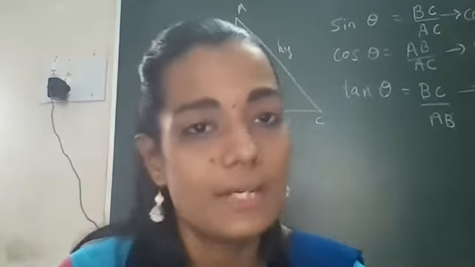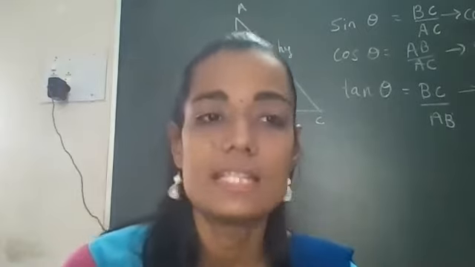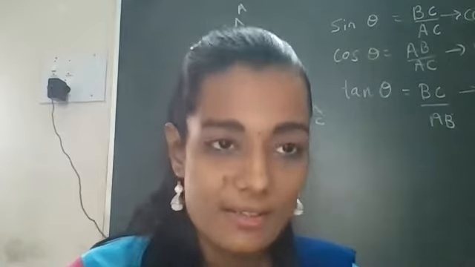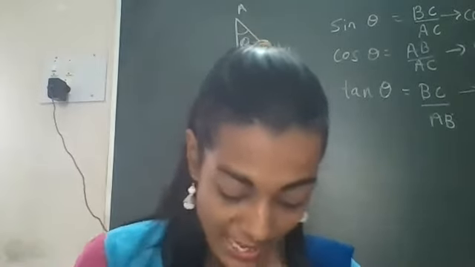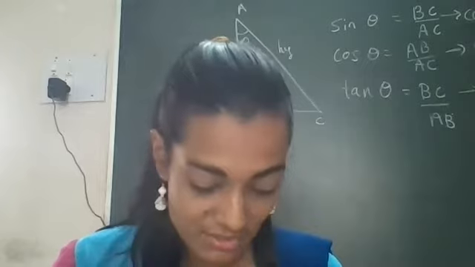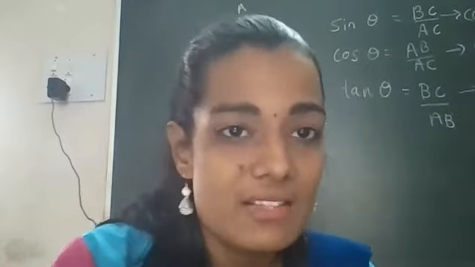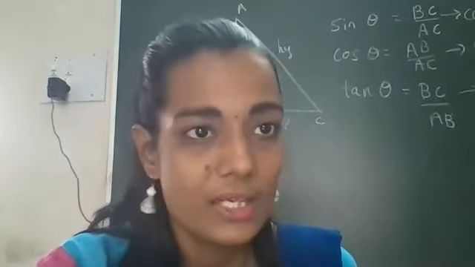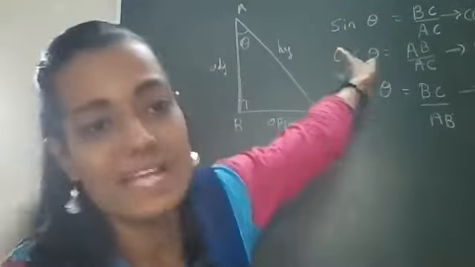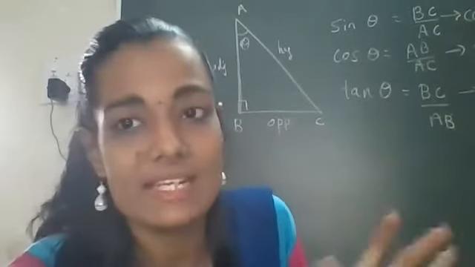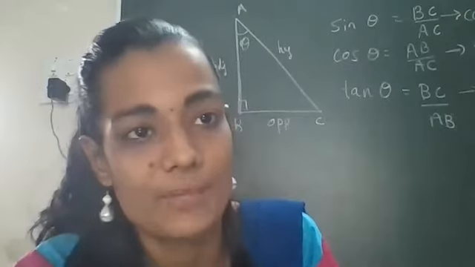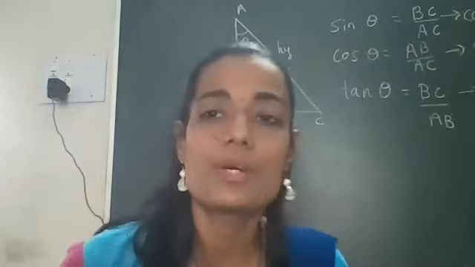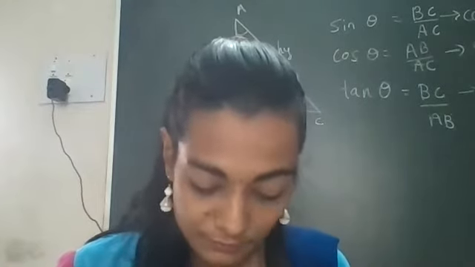Okay, then we are going ahead with that. We are going with sine theta. In the book it is given as sine of angle A. But ultimately, whenever we start the sums, we write the spelling of sine as only S-I-N. We are not putting the E. In the textbook it is given S-I-N-E, sine of angle A, but simply we are writing sine theta or sine A only. That is opposite upon hypotenuse.